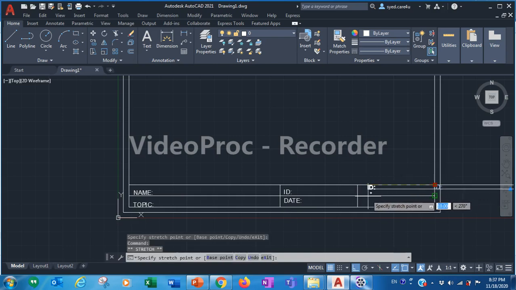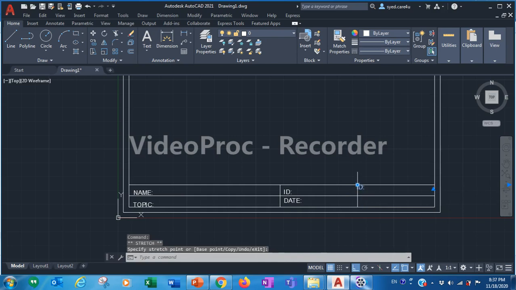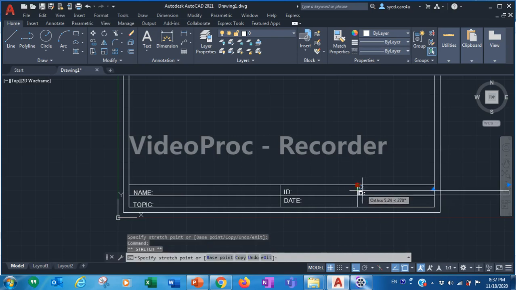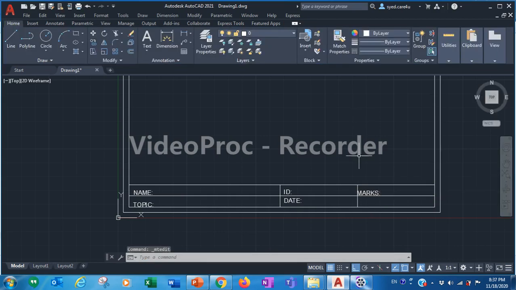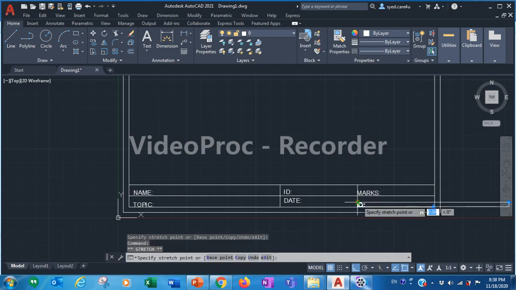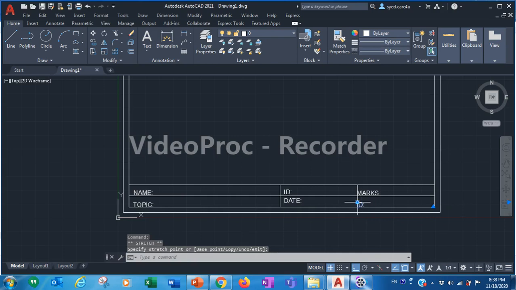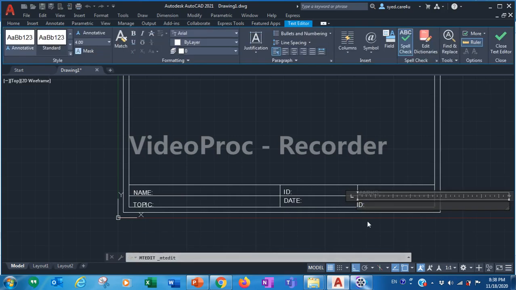Okay, this pasting is going. Here you will write the marks, and again here you will write the scale.